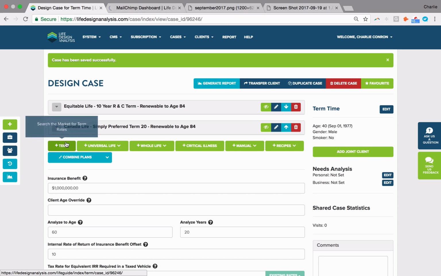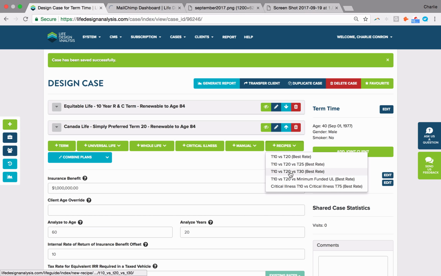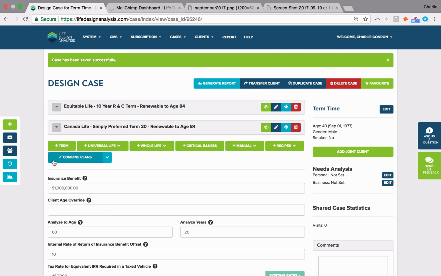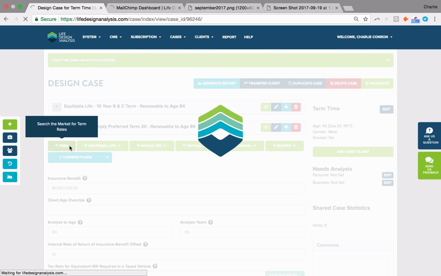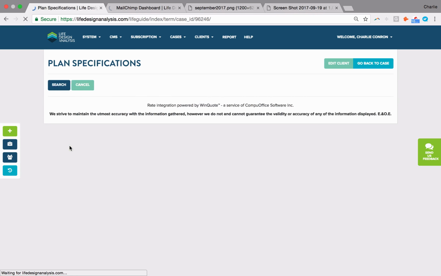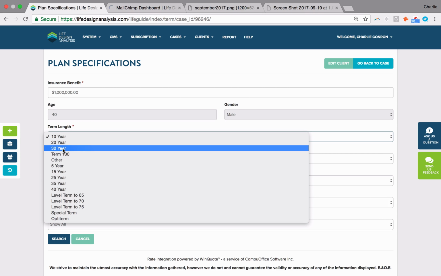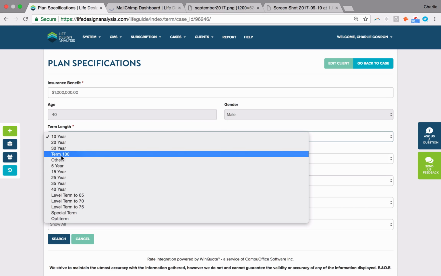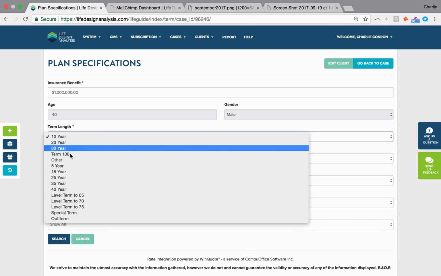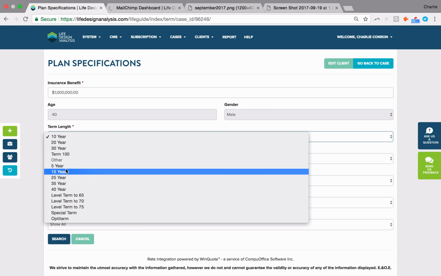So again, I'm going to do the same thing, and as I said, I'm going very granular. We definitely have a recipe here that would do T10, 20, 30 all at once, but I just want to show you how these kind of charts evolve as we add different lengths of term and compare them over time. So now I'm going to pick a term 30. Now again, keep in mind, this works with any length of time. So even if you're doing term 10 versus term 15, it's still a great comparison.